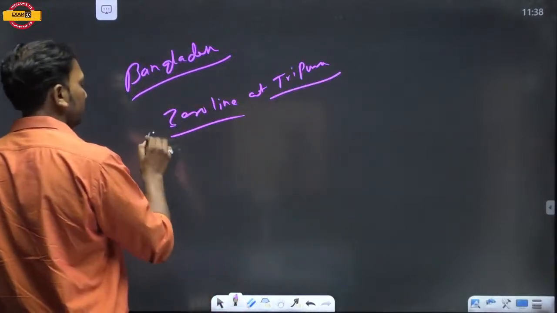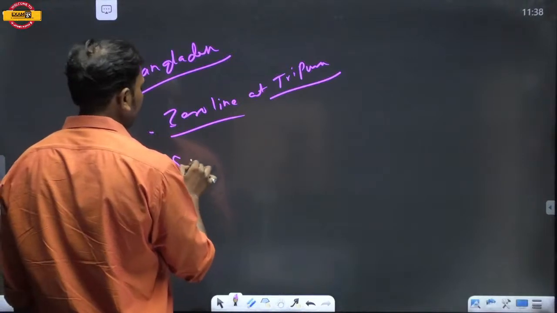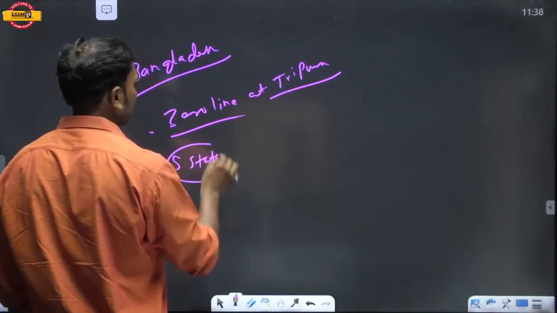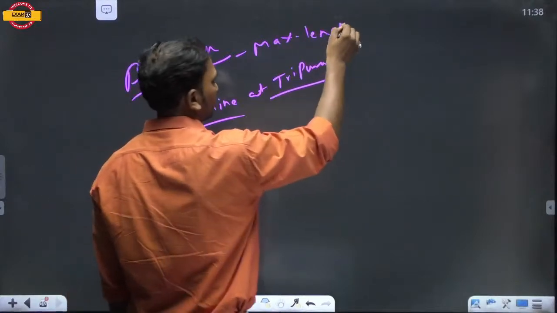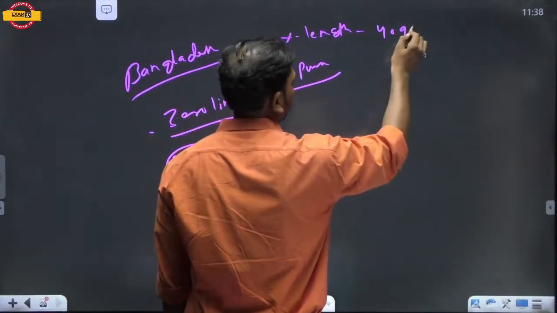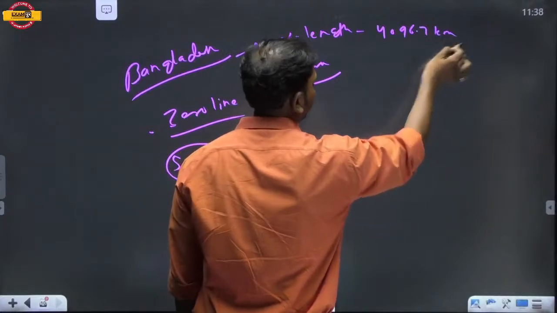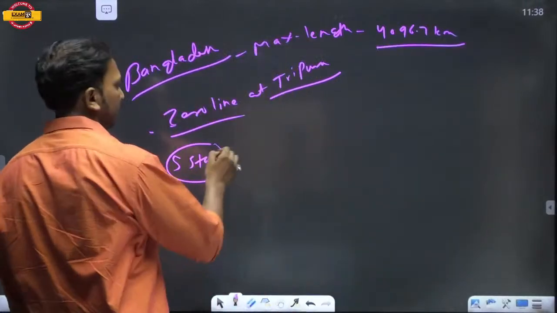Okay, zero line at Tripura. It has a border with 5 states. Maximum length, 4096.7 kilometer. And the 5 states are